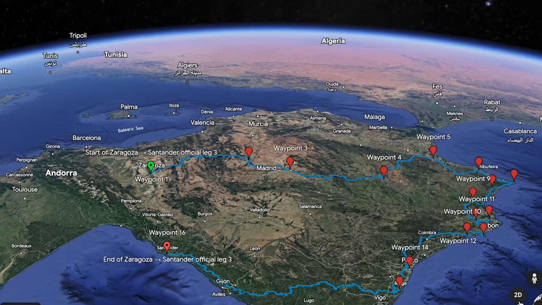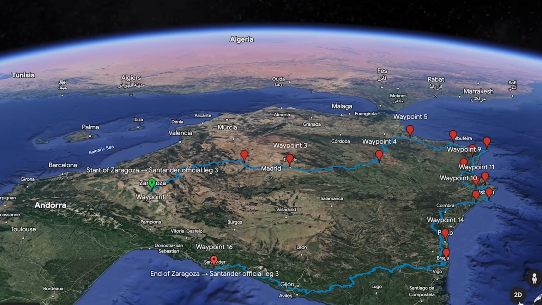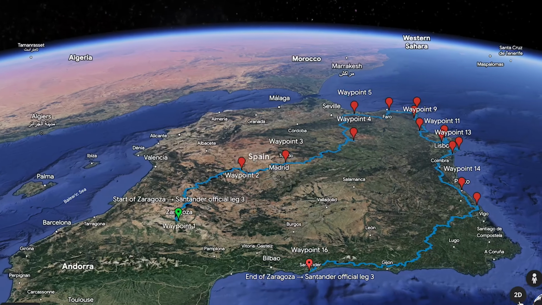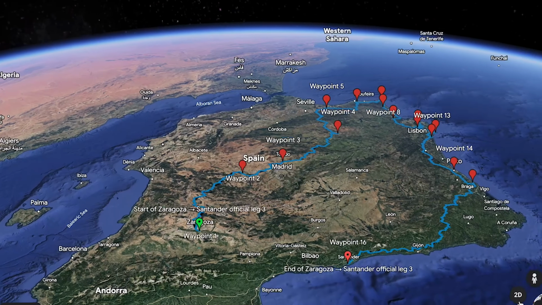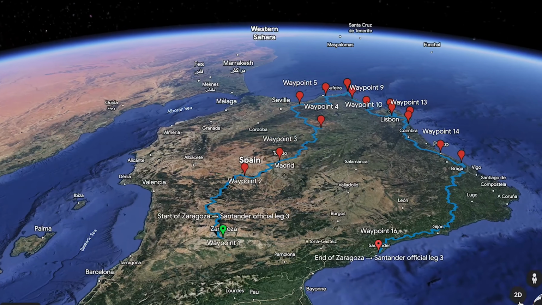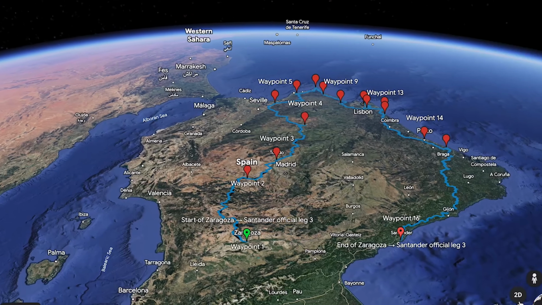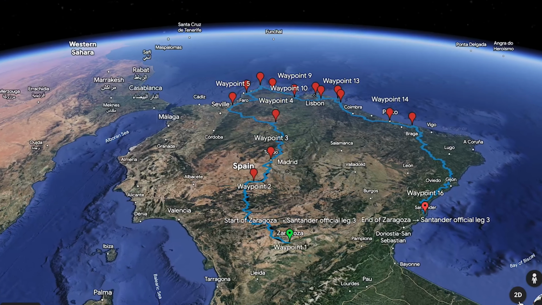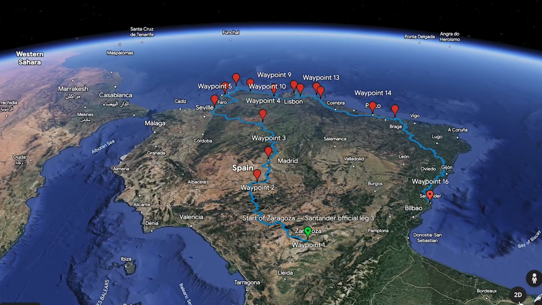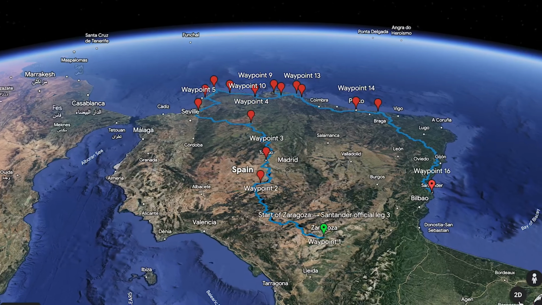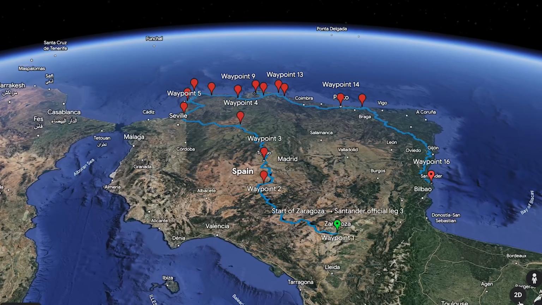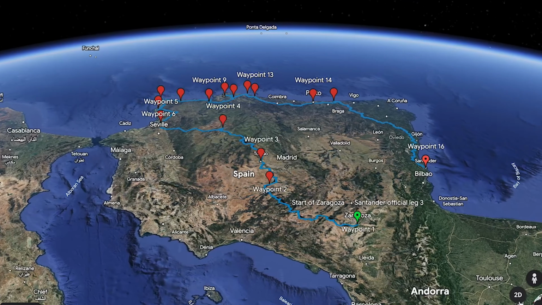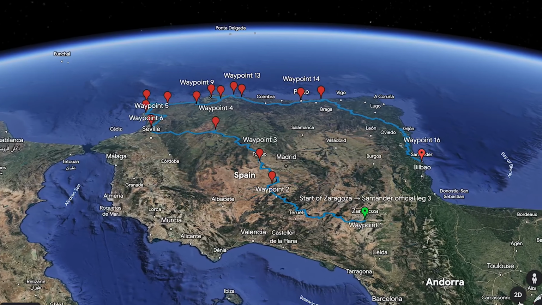Map 4 consists of heading from the Spanish border down into Madrid, and then I'll follow the inland route down into Seville, where I'll cross the Portuguese border, heading to the southernmost part of Portugal. From there, I'll head back up the coastline into Lisbon, follow a couple of scenic spots through the coastline before dipping back up into the Spanish border, and then heading across the top of the Spanish coastline back into Santander before catching a ferry back to the UK.